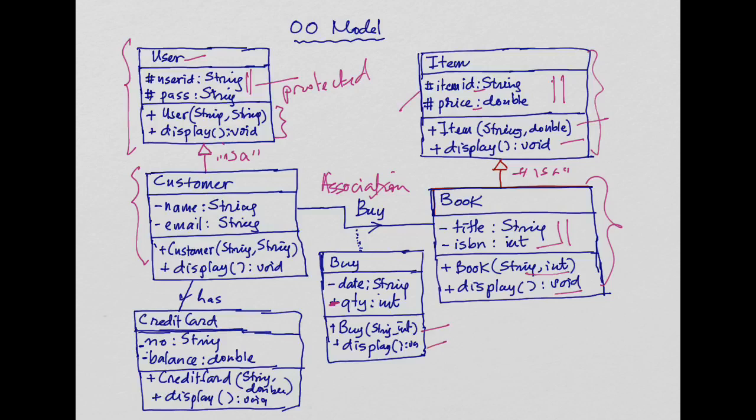Finally, you say that customer has credit card. So there is an association again, has, and you have a credit card, you have 2 data members, credit card number and the balance, and there is a constructor and the display method. So what you see in the object-oriented model, this is the class diagram, but this class diagram actually is the ultimate model, the architecture of your software. So in this model, what we have seen, we have